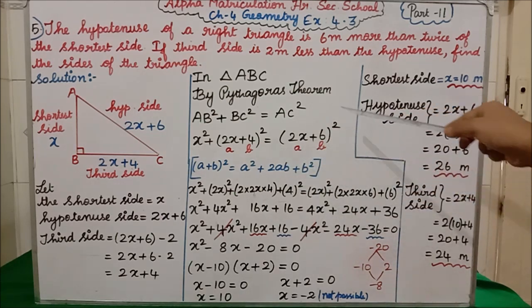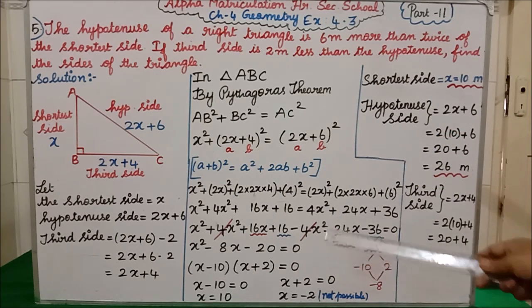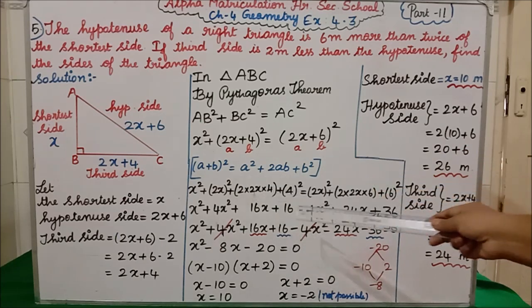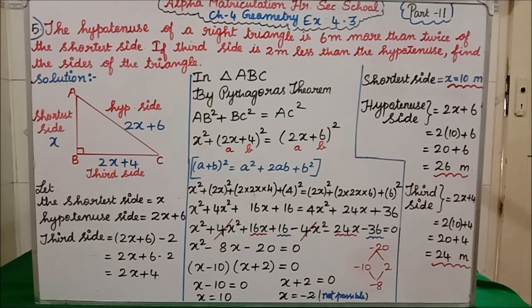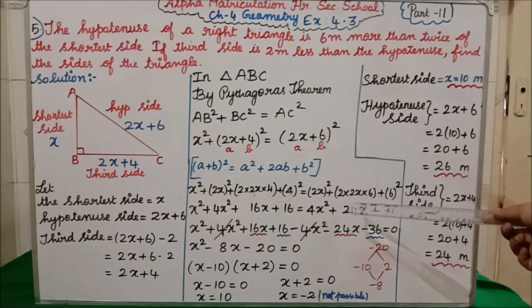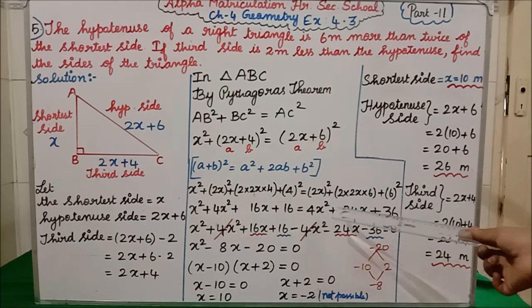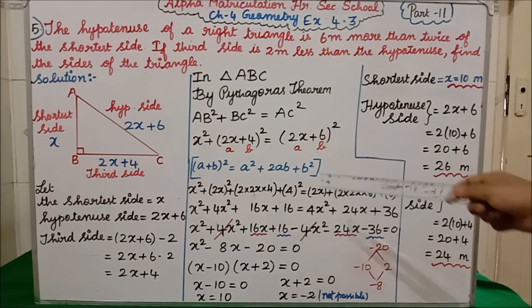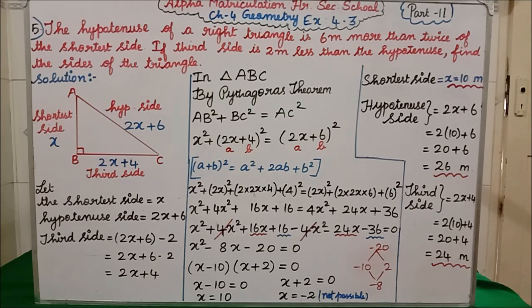Again this full term we are going to express in this form. Now instead of a we have 2x. So a square means (2x) the whole square plus 2 into ab. So 2 into a, instead of a 2x, instead of b 6. So 2 into 2x into 6 plus b square. Instead of b square what do we have here? 6. (6) the whole square. Clear students? Now that row all of you are clear. Next we will go for the next slide.